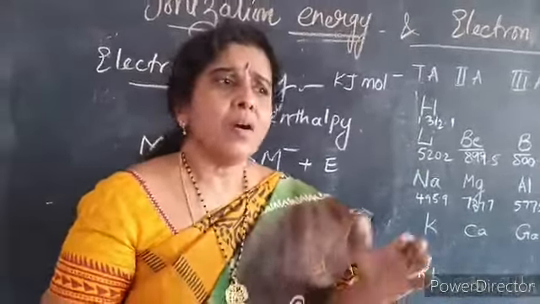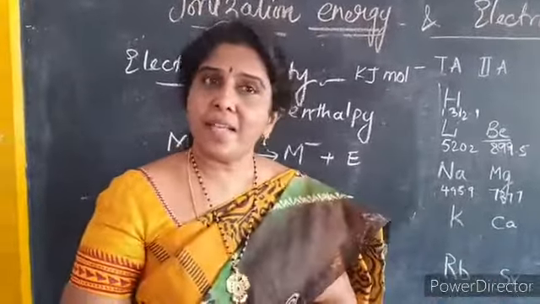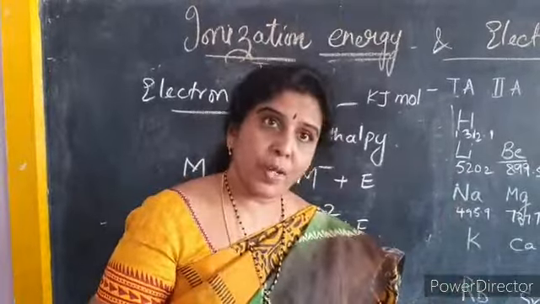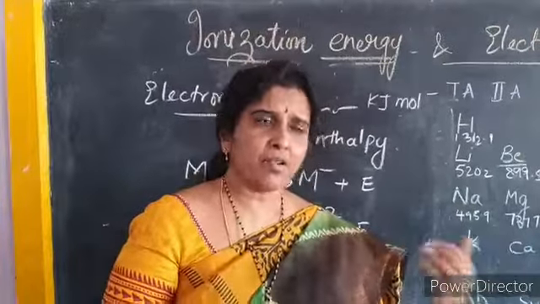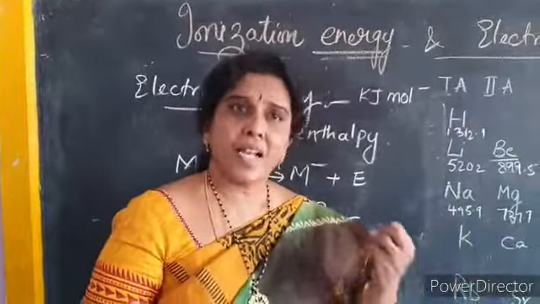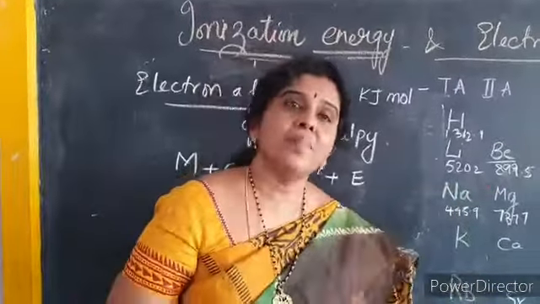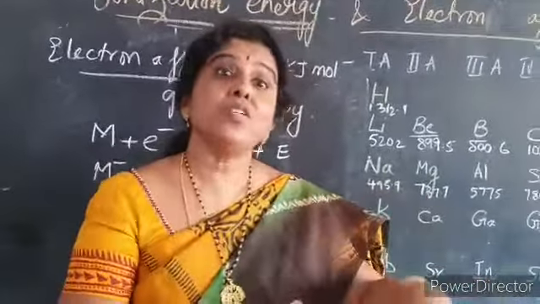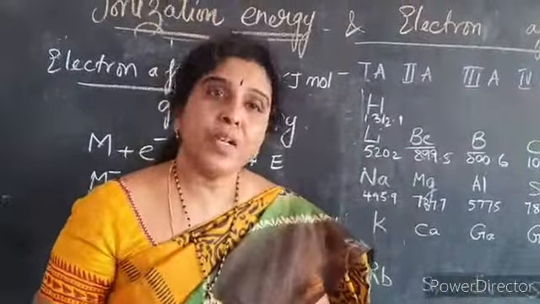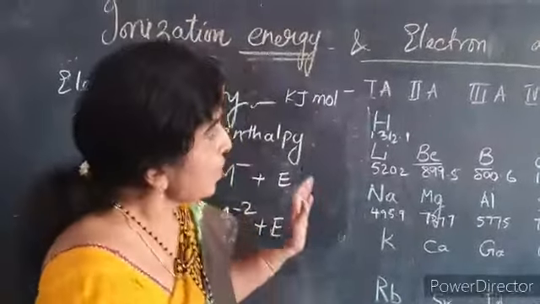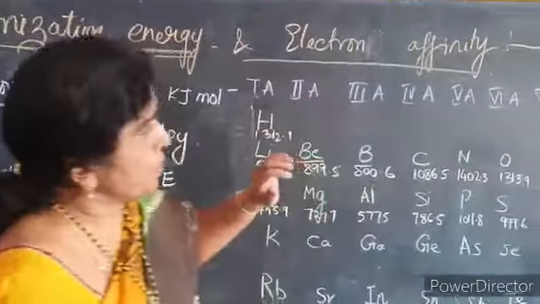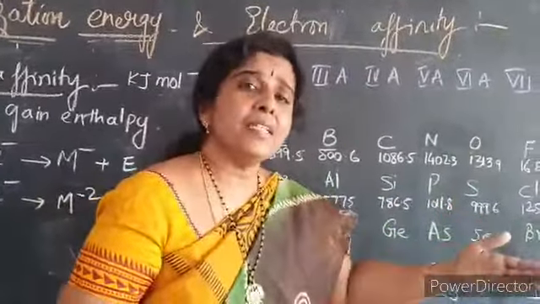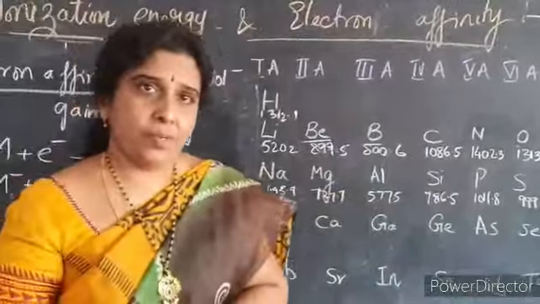Why? Because all atoms do not attract electrons. For example, take the 1A group or the 2A group. They do not take in electrons, they are not ready to attract electrons. Why so, you will understand better in the next unit, chemical bonding. So here you can even find positive values in the case of the second A group. Whereas in the other groups, like the p block elements, you can see the liberation of energy when we add electrons. Thank you.